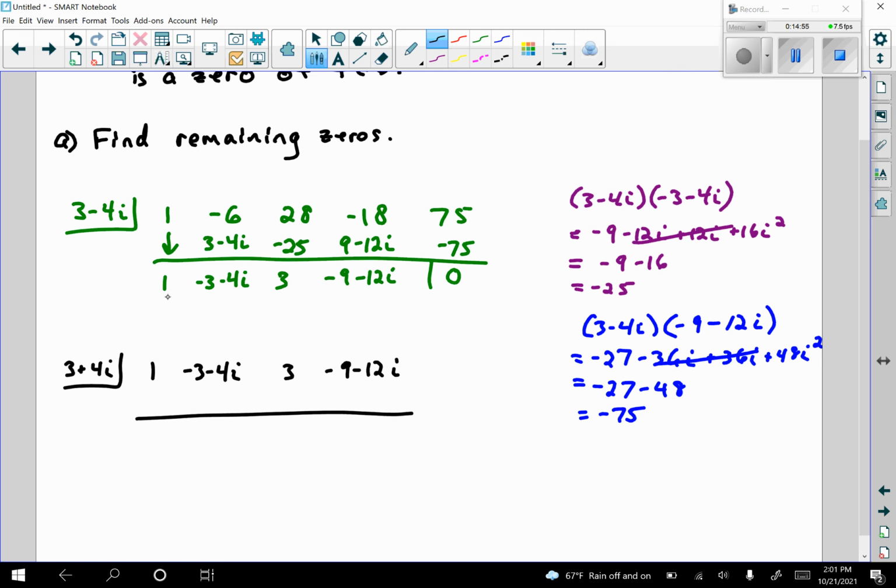And we're doing this because this would just be the next polynomial that's left. So I'm going to bring down the 1, and then we'll get 3 plus 4i, which is nice. This will give us a 0. And then 3 plus 4i times 0 is just 0. So we'll get a 3. And I multiply this, and I'm going to get 9 plus 12i, which gives me a 0. So now,